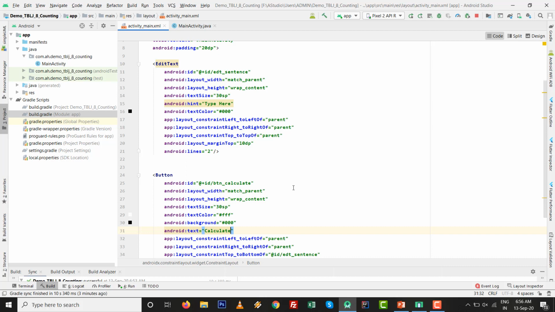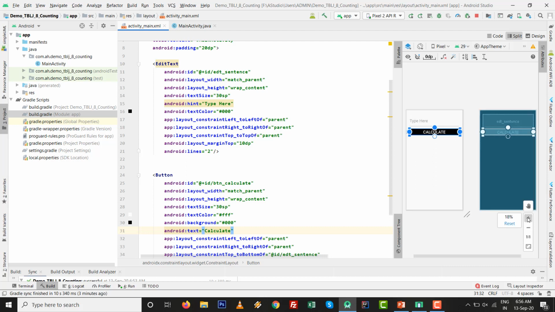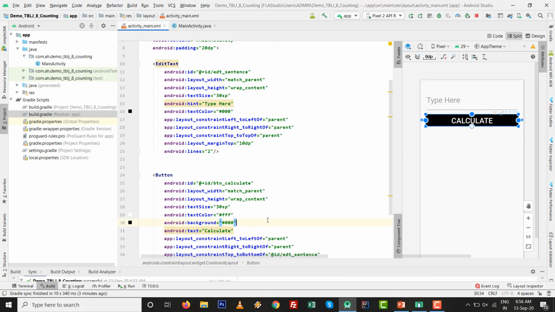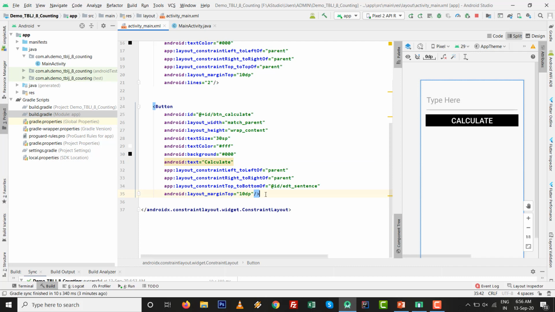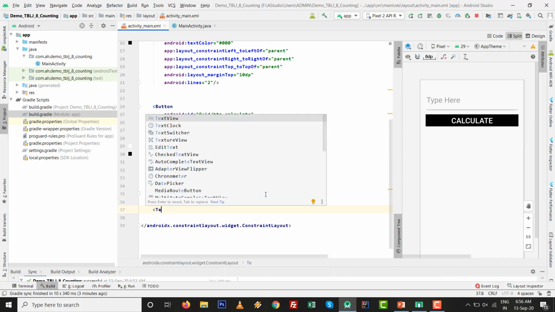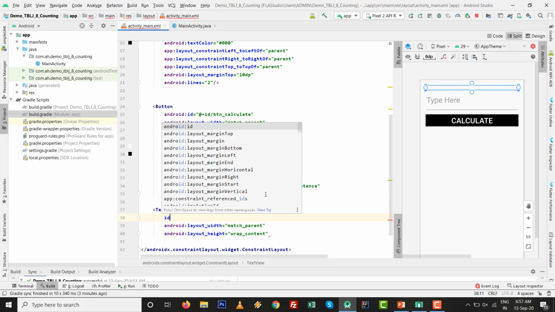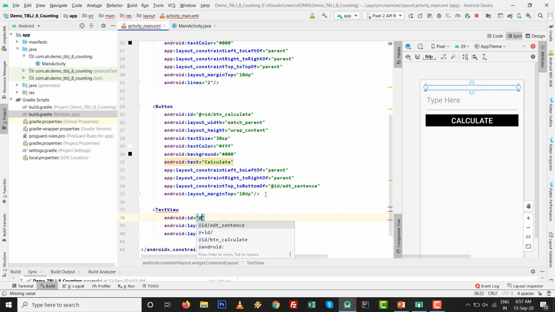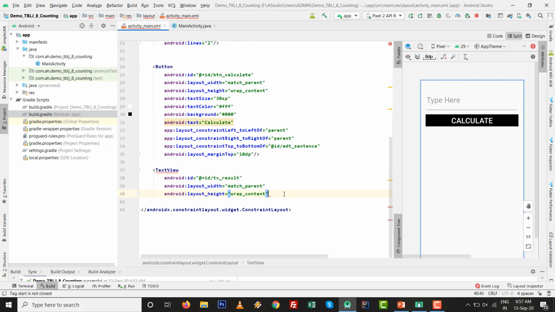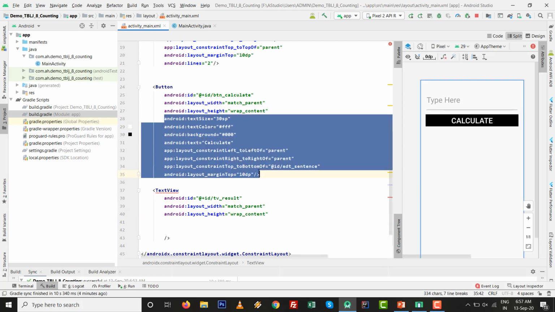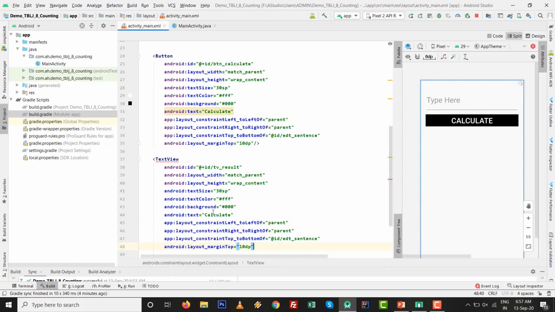Okay, so all the things are ready with this one. Just I split the screen right now and see this one. Total area of screen you can see on the right side, and last text view is remaining. Text view width will be match parent, height will be wrap content, give the id @+id/tv_result, and just first close this tag, and text size, text color, and all those things just copy and paste it.